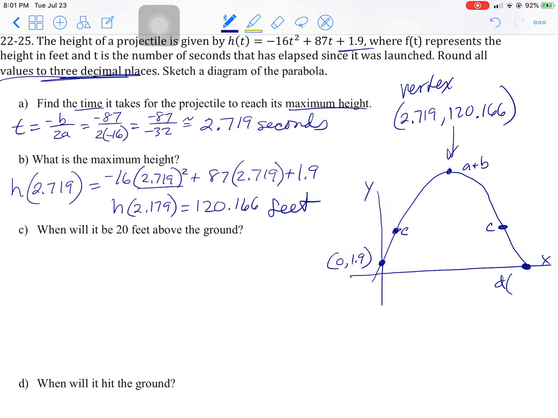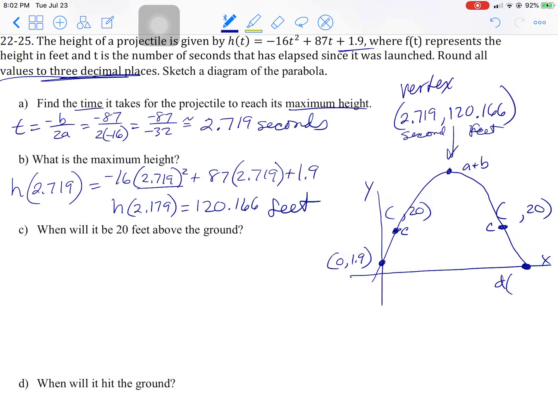This one says it's 20 feet. When will it be 20 feet? The 20 feet part is the y part, right? The when, the t part, when is it going to be at both times? Well, look at this. This is seconds, and this is, let's go with feet. If it's not quite 3 seconds to go up to the max height, then we expect one of our numbers to be between 0 and 2.7. So we expect it to be around 2, and we expect another one,